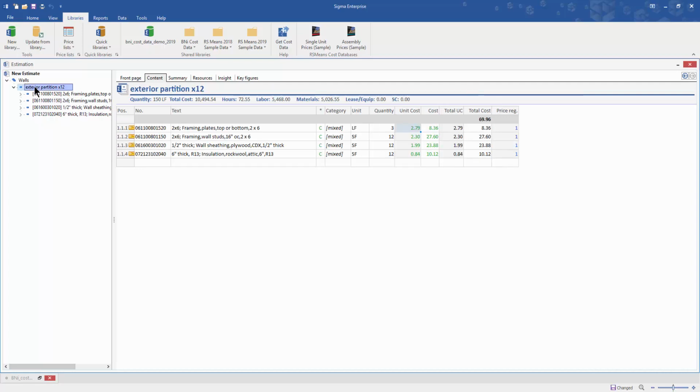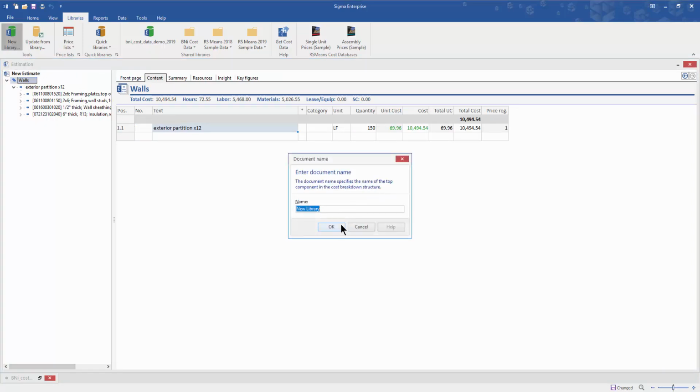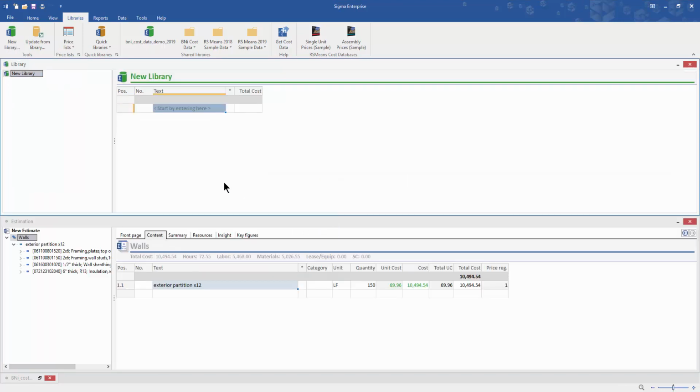So now I've saved my assembly. It's costed. It's ready to go. I have a total cost here for the exterior partition. Now what's nice about this is I've adjusted this assembly for myself, and I can start a new library. It opens a new window. I'll just call this walls,